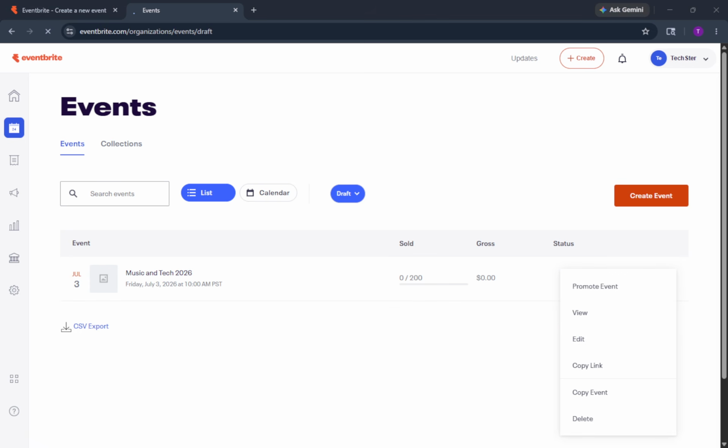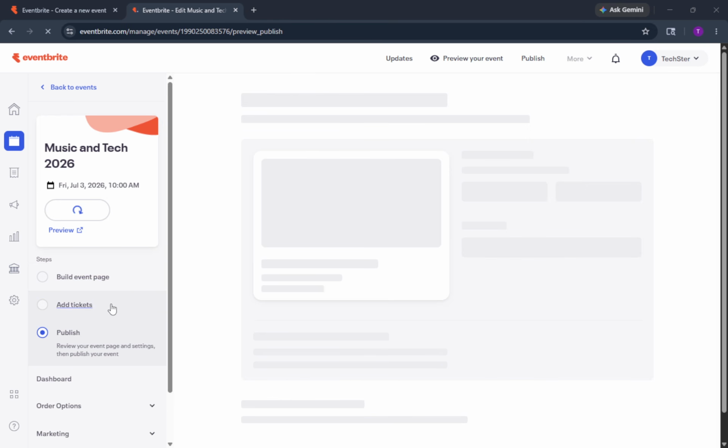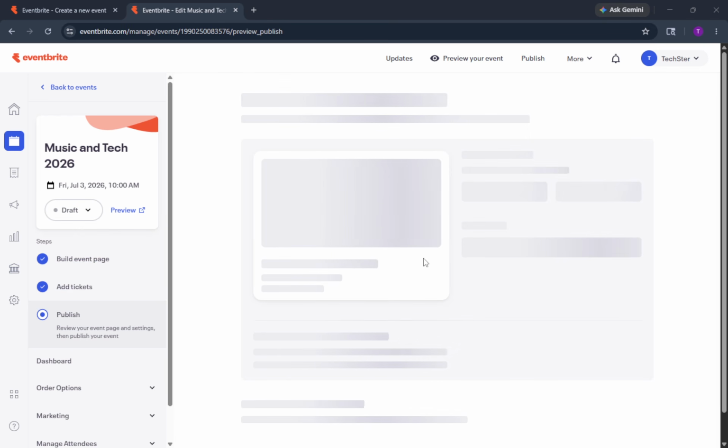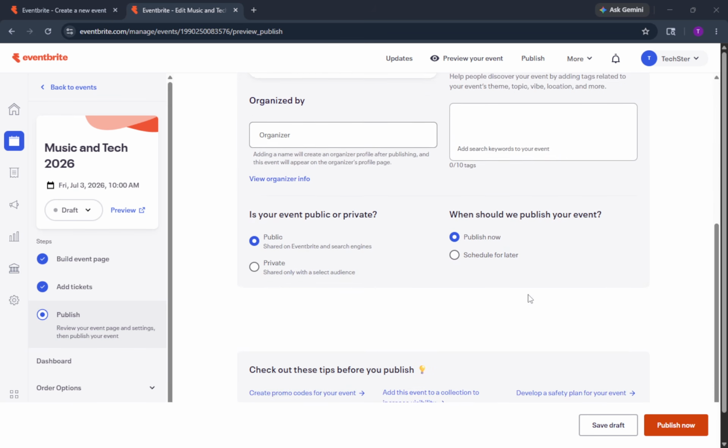Private page, also called unlisted, hides your event from public search and listings. Only people with the direct link can access the page, which is great if you want to share it within a community, a newsletter, or a team without broadcasting it widely. Invite only is the most controlled option. With this setting, only guests you invite can register, which is perfect for closed groups, internal trainings, or member events.